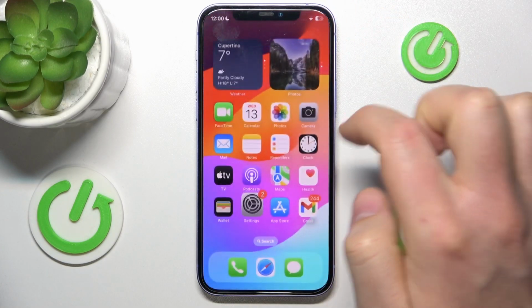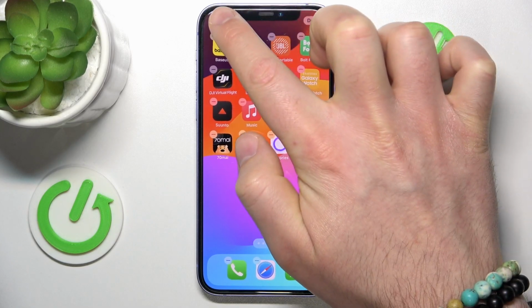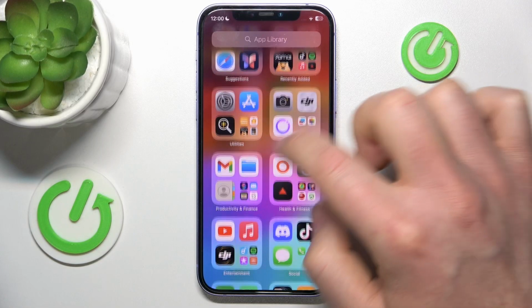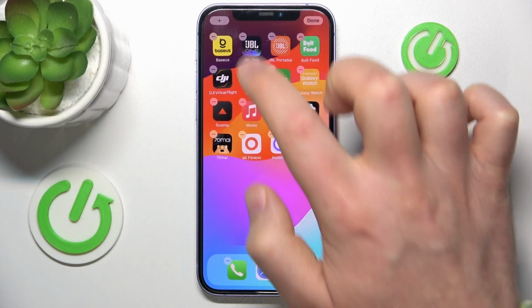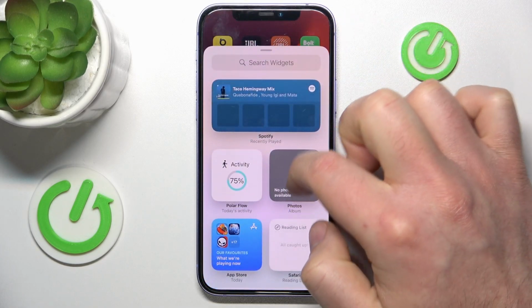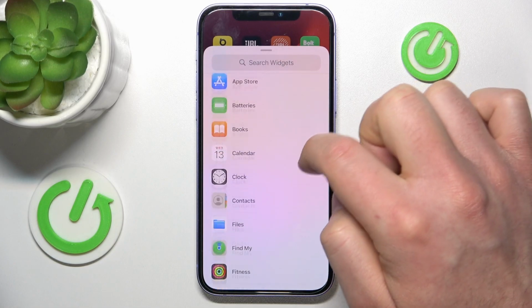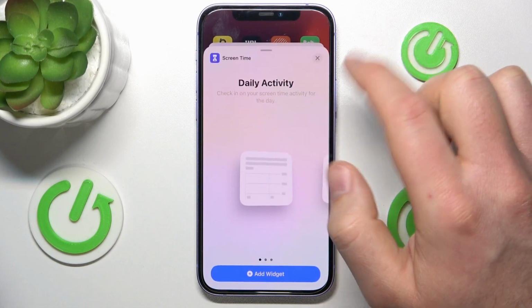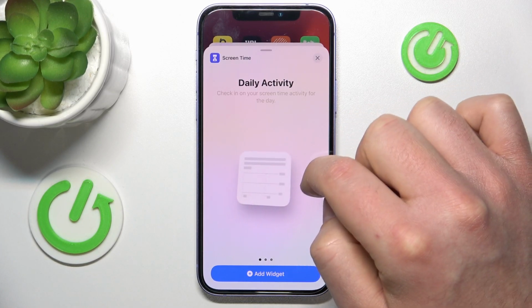check your screen time. Also, you can add a widget of a screen time by clicking plus. Like, go to the page where you have some free space. If you hold on, click plus, and then you can search for a widget for the screen time. Let me find it. So yeah, screen time is here, and as you can see, you have those widgets with